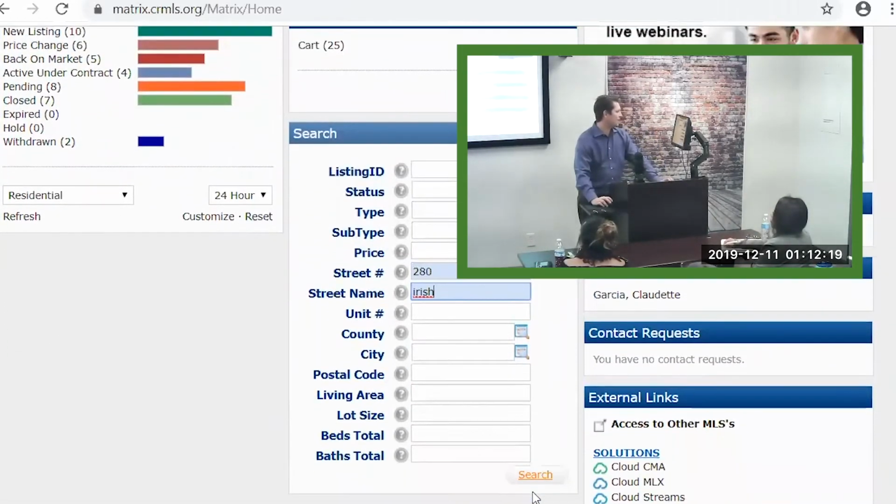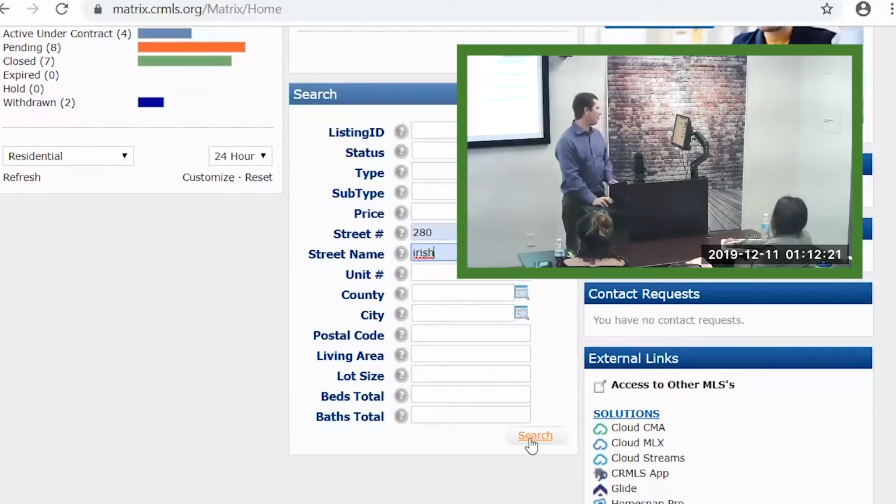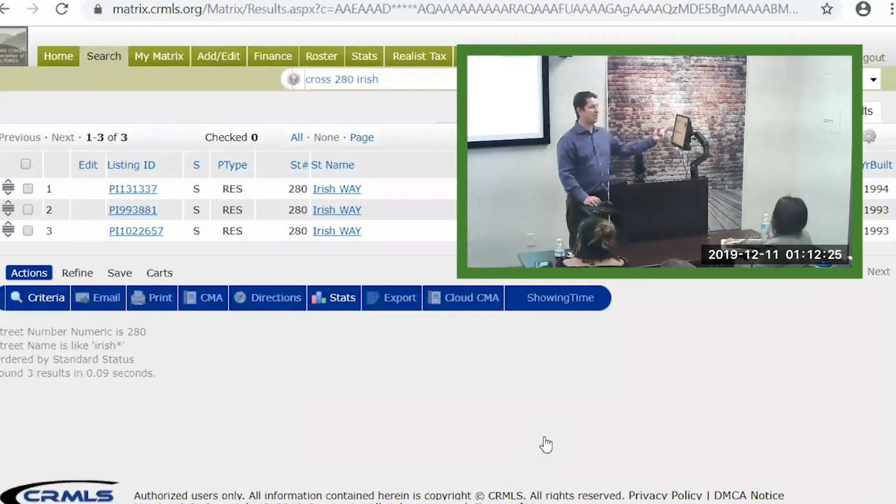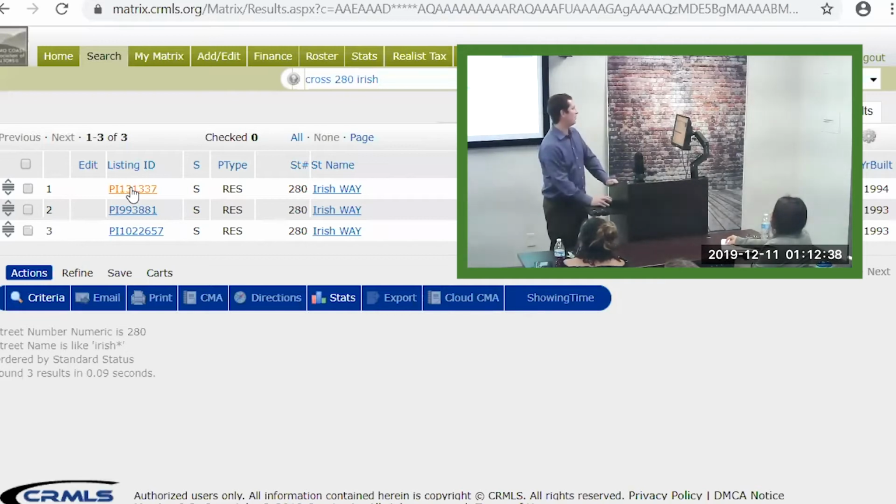All right, so say the homeowner comes to me, I want to know what my property's worth. First thing I'm going to do is try to see if it's ever been on the market. You can see that it's been on the market. Great, that's all I care about, not necessarily anything about the house. I would take an old CMA, an old comp of the property. Again, if it hasn't been on the market, I would go to Realist